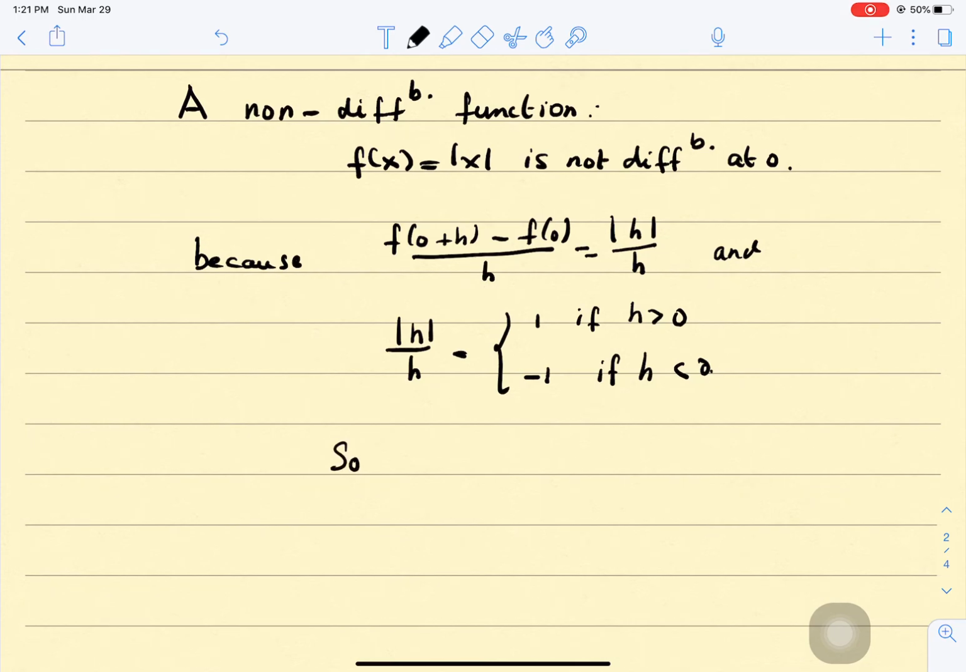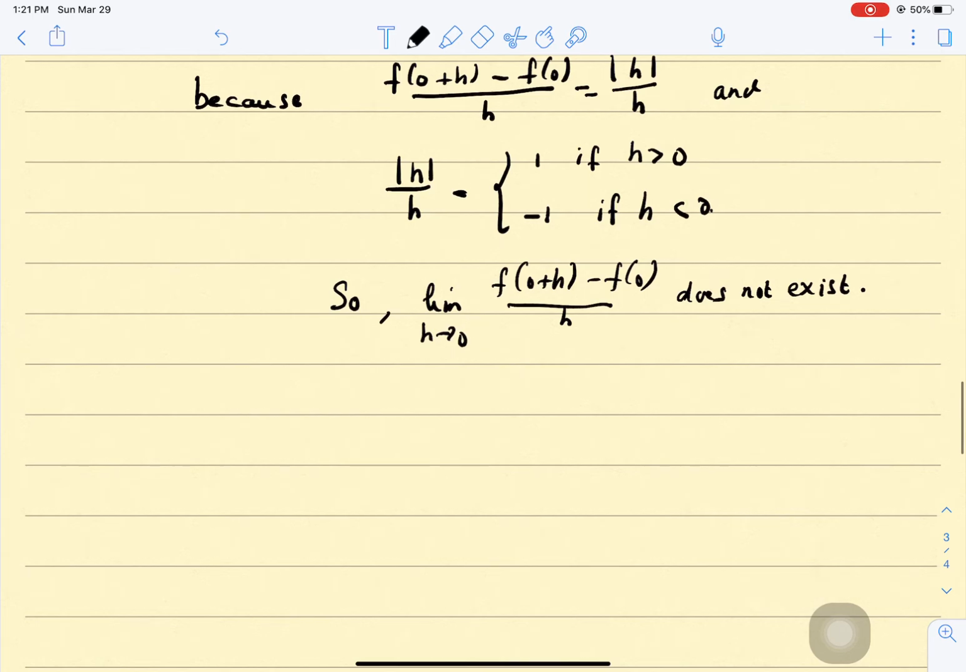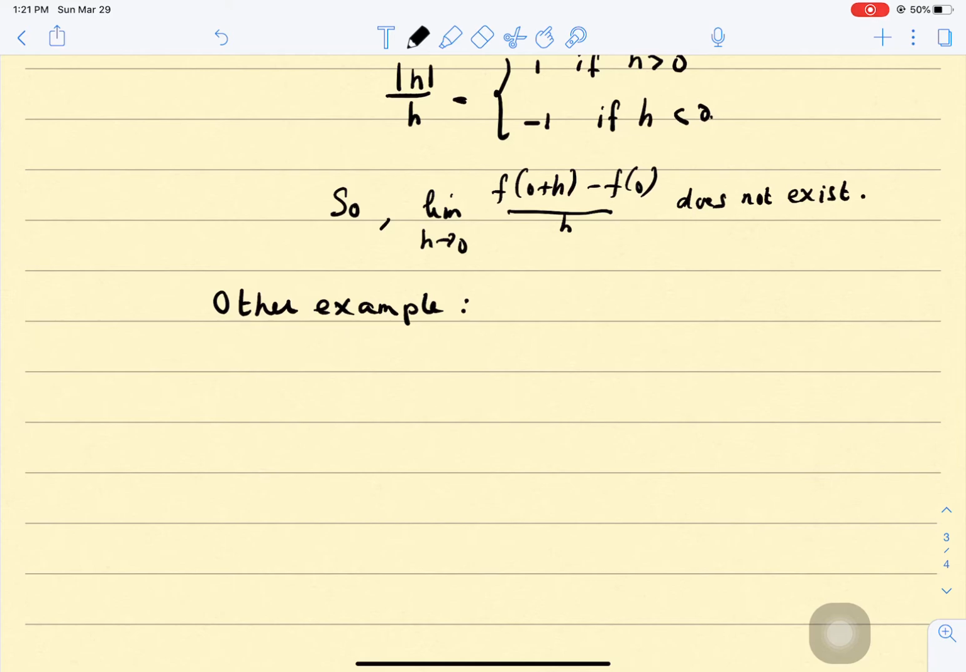So the limit as h goes to 0 of f at 0 plus h minus f at 0 divided by h does not exist. Other example. If I take f of x is the square root of the absolute value of x for all x in R,